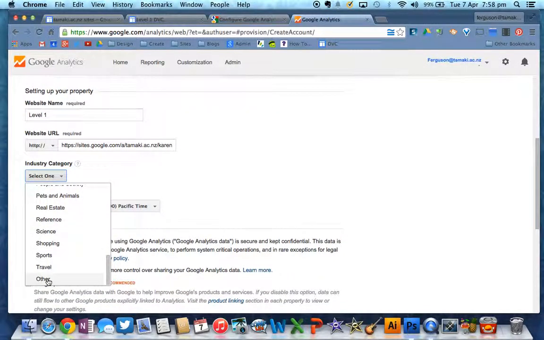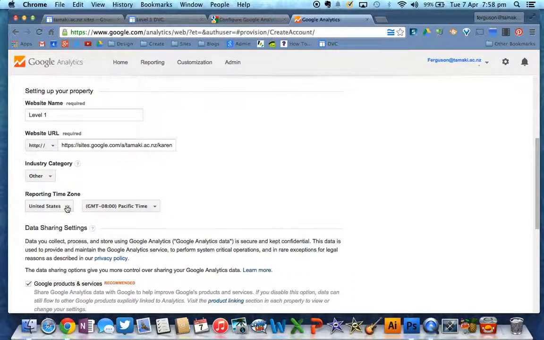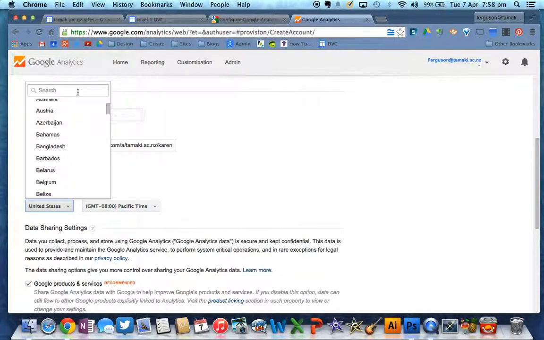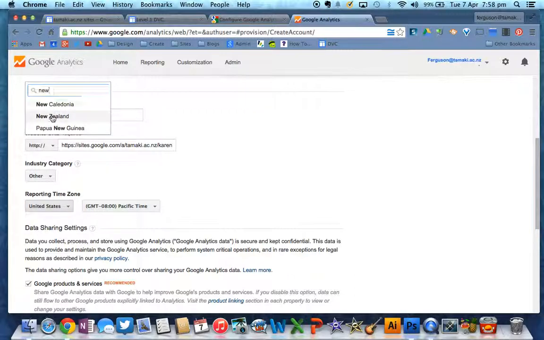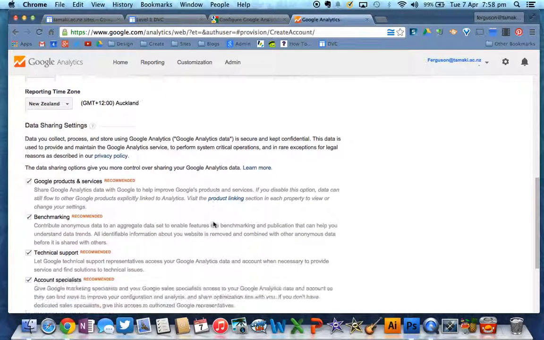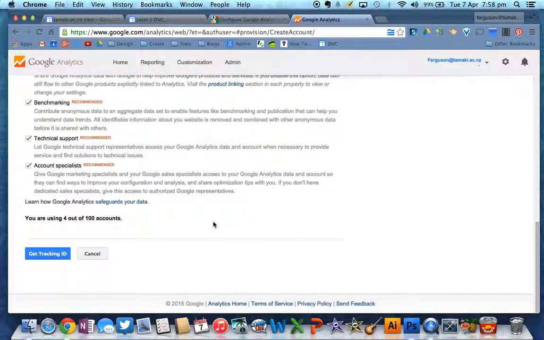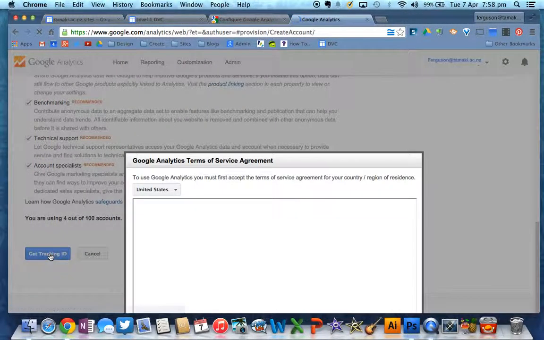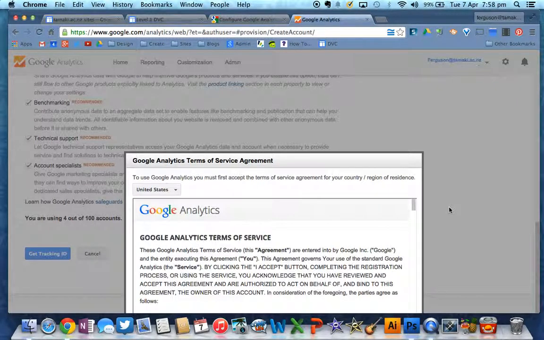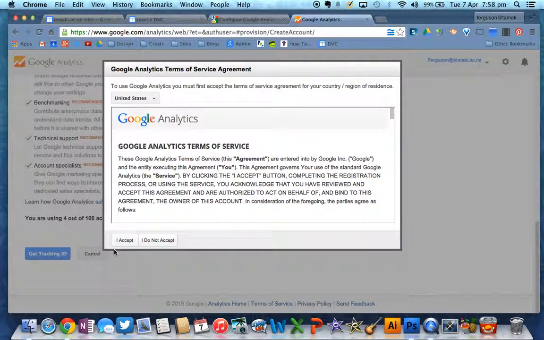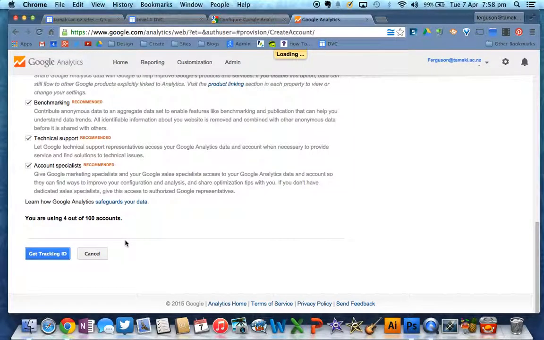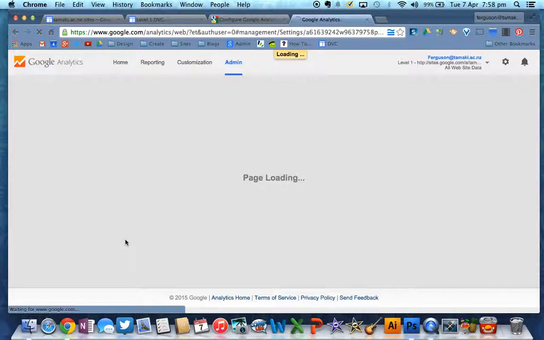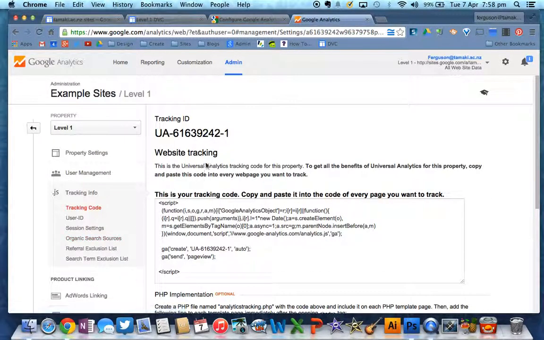Just going to choose other here because none of them seem to fit. And time zone. There we go. Then all the way down here, you're going to click on Get Tracking ID. Just want you to agree. This is the tracking ID that you need here, so I'm going to just grab that